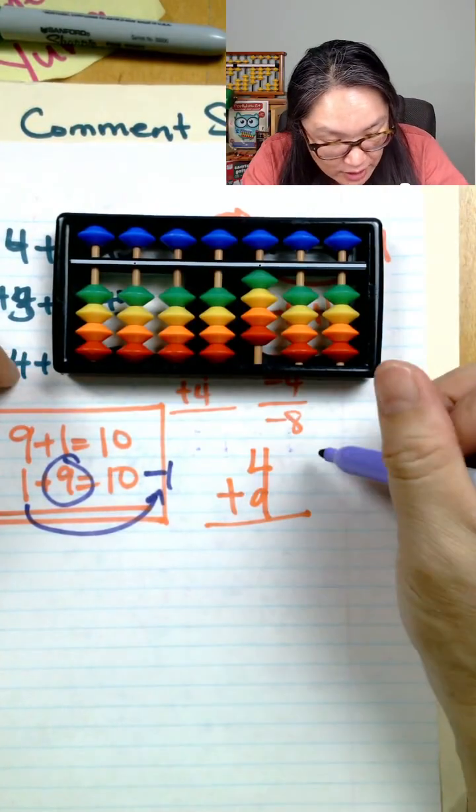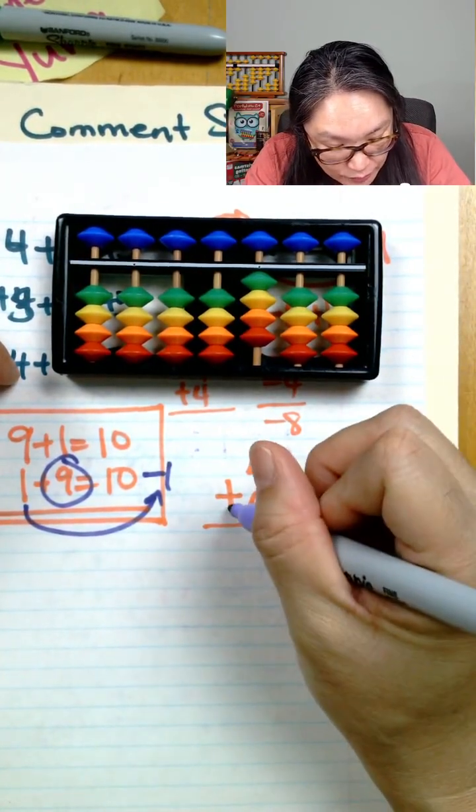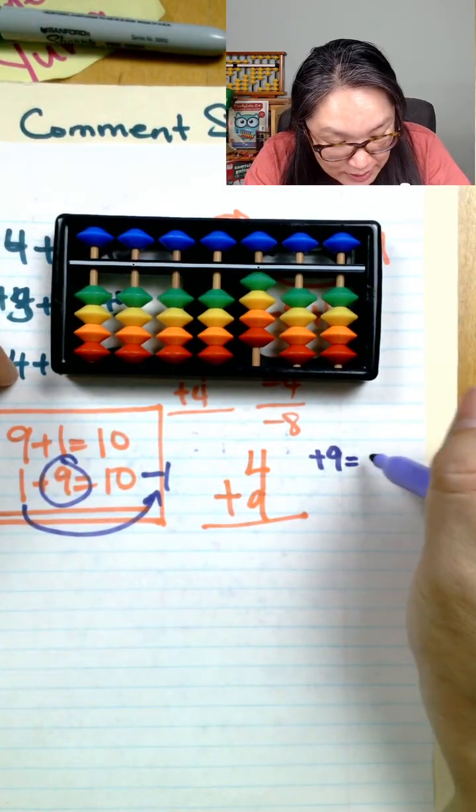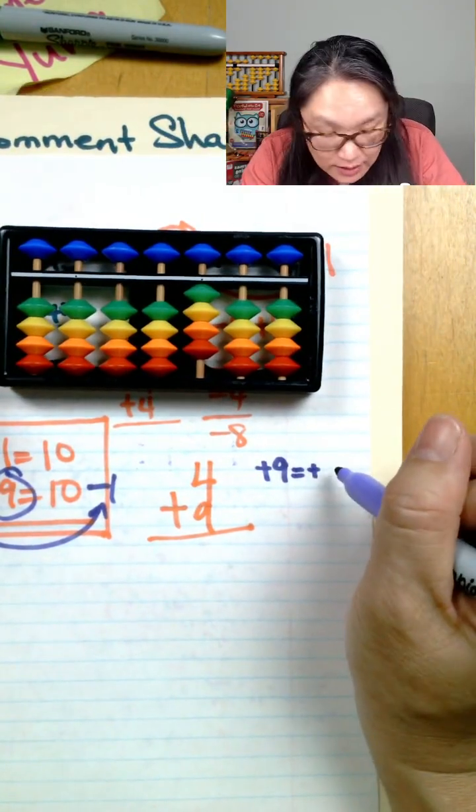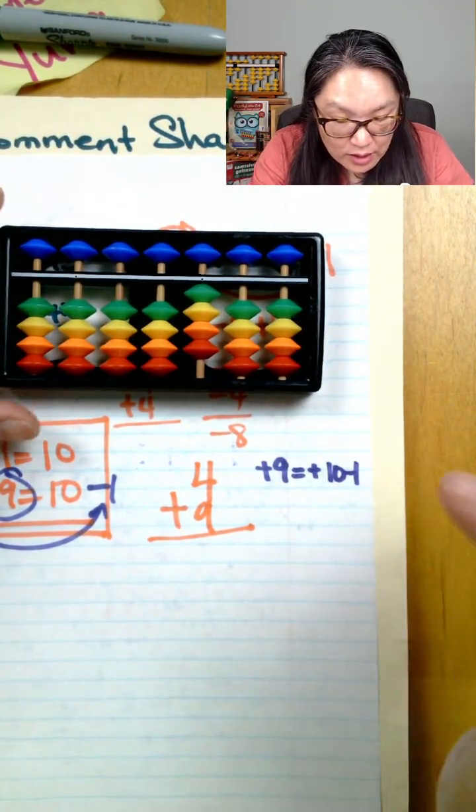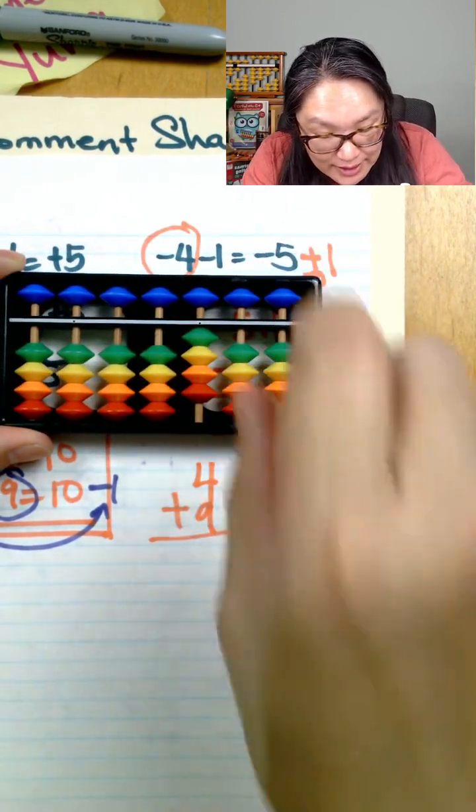Right? We understand that. So we plus the 9, right? Plus 9 and plus 9. These are the same plus 9s. We want to plus the 9 is equal to plus the 10 minus the 1. So again, what am I going to do? I'm going to plus the 10. This 10,